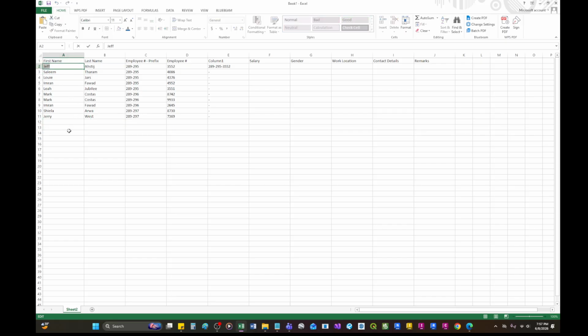But what we would like to accomplish eventually is something like this. For example, I put my name here, Jeff, and then a surname. Then automatically the employee number will be created like 33517, something like that. For the meantime, we will focus on some basic formulation like this one. How to combine these two cells, what will be the formula. Okay, so let's say this is the prefix and this is the suffix, employee number, suffix.